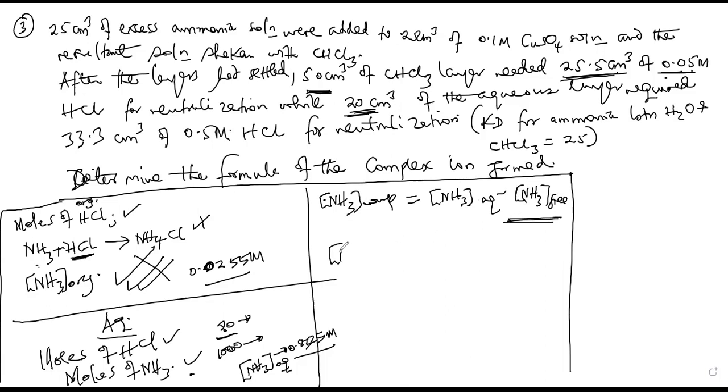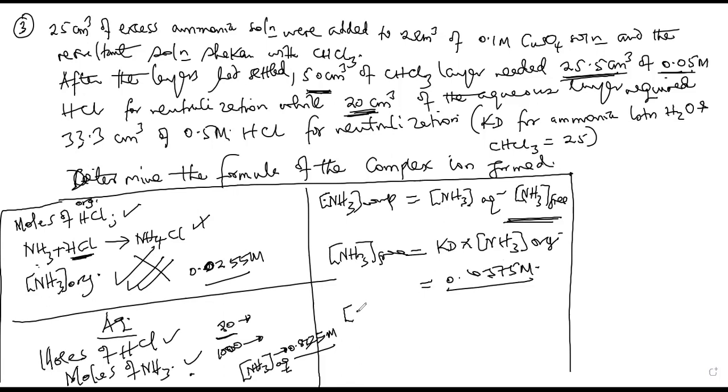To get free ammonia, we've said that we get Kd times concentration of ammonia in organic. And I want you to check if you come up with 0.6375 molar. After getting concentration of free ammonia, now we substitute it there. I want you to check and see if you'll come up with the ammonia complexed as the ammonia complex should be